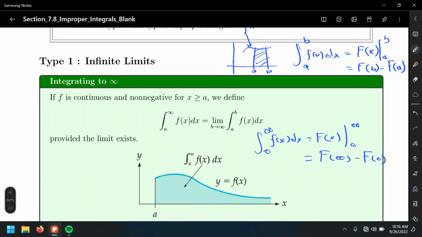Instead, in order to connect this idea of something that never ends, what we do is treat the problem like a limit problem. So that's why we have this limit notation. And yes, in the end, we're going to plug it in, f of b minus f of a in a way. But again, there's a big difference between evaluating a function